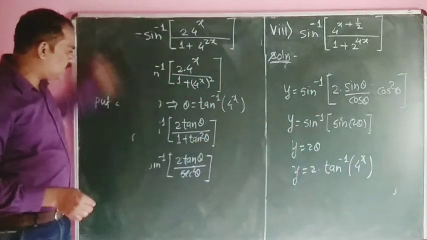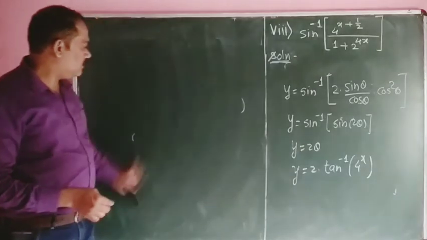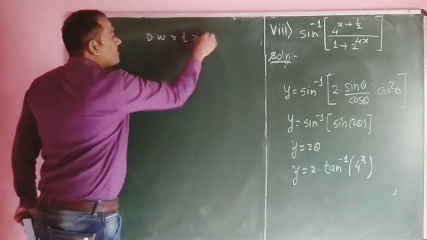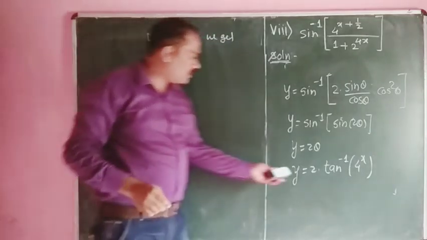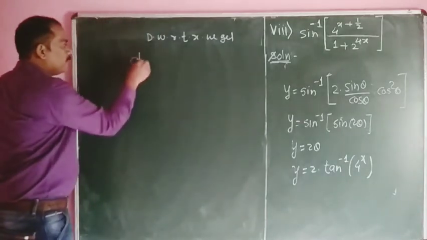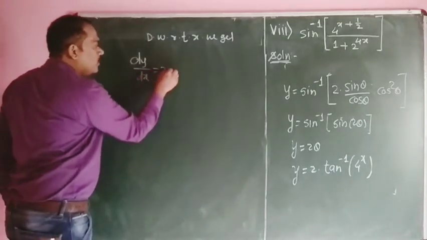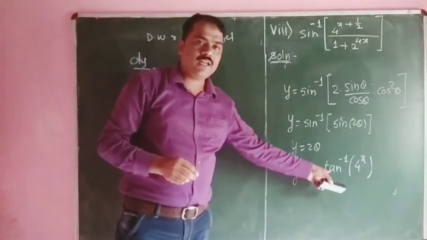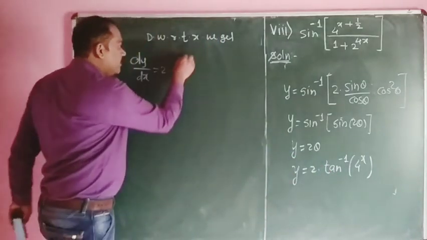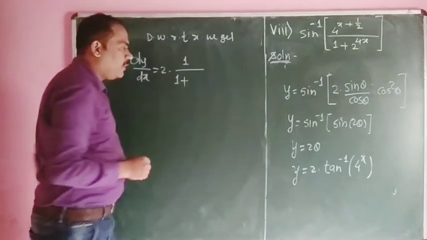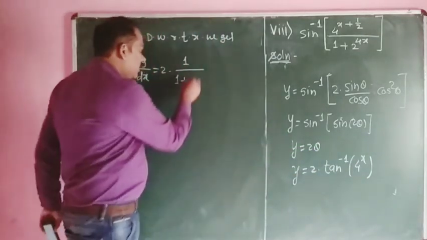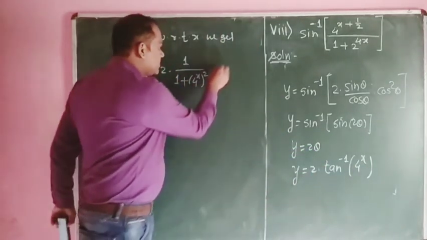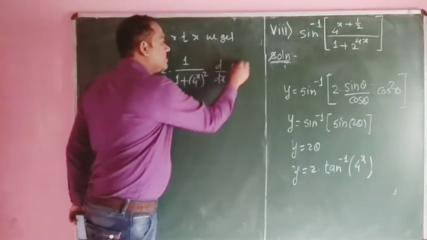Now we have to differentiate this with respect to x. We get differentiation of this y with respect to x, dy by dx is equal to 2 into, first of all we have to take the derivative of tan inverse of 4 raised to x by using the standard formula related to tan inverse of x, that is nothing but 1 upon 1 plus x square. Instead of x square we have to use 4 raised to x, that is 4 raised to x bracket square into d dx of 4 raised to x,